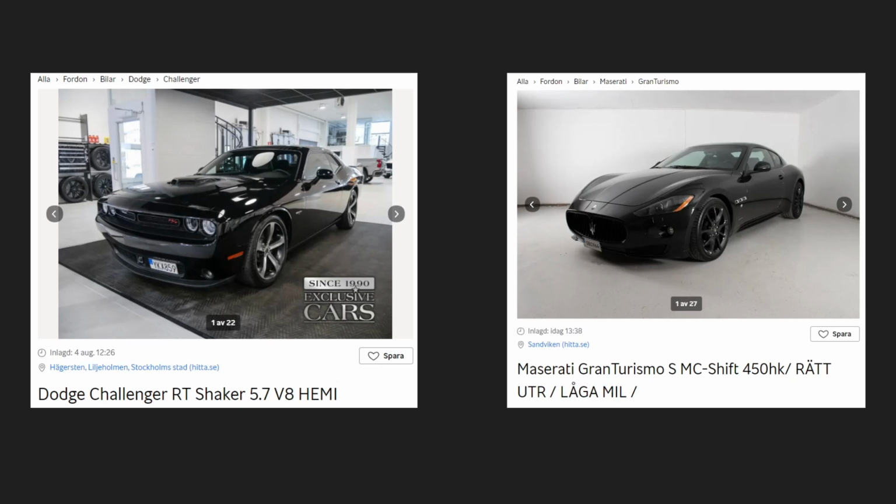I'm gonna say that the Challenger is gonna be more expensive, because the Maserati would have been sold in Europe, whereas the Challenger, I believe, you can only get if you import it from the US. So the rarity of it would be a factor there. And I imagine some of the tax would be factored into the purchase price at some point, but I don't know that process at all. There are a lot of assumptions, but I'm going to say the Challenger would be just a little